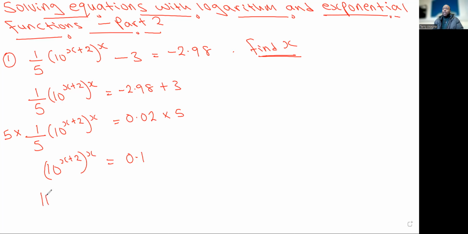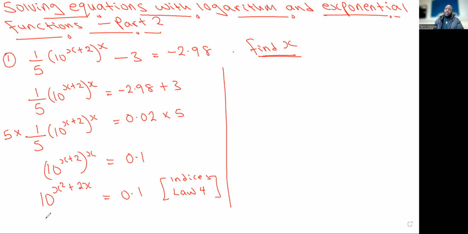So that will give you 10. X times x will give you what? X squared plus 2x is equal to what? 0.1. So this is the laws of indices. So if you go to the laws of indices, I think law 4, have a look at law 4. Then the law 4 where we open the bracket here. So the next thing as well is that